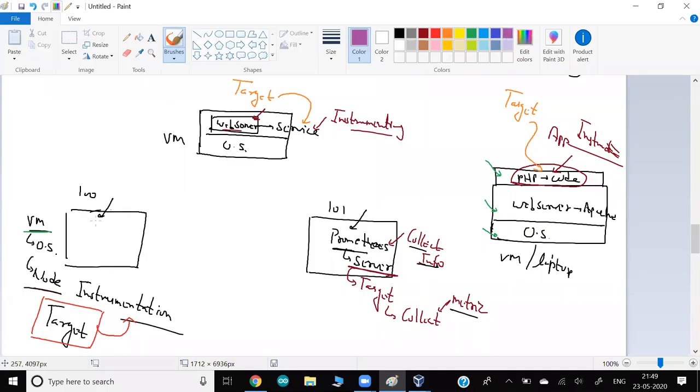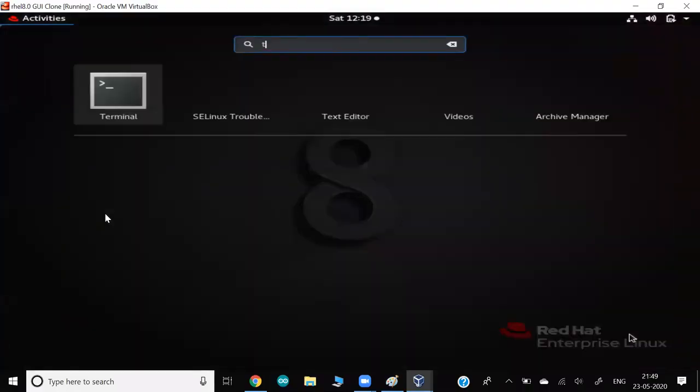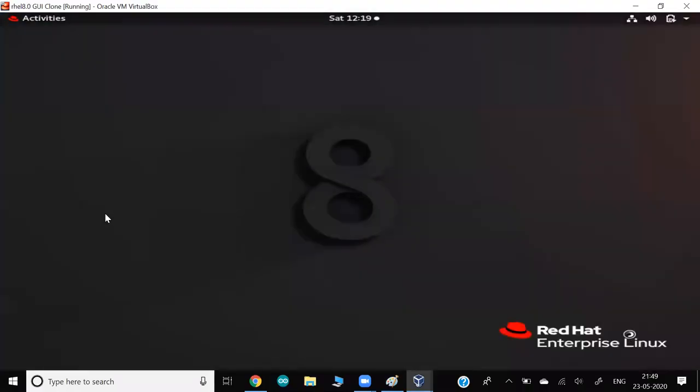One is, in this VM we run a program, because guys, whatever you do in the operating system, you have to run a program. So if this is my VM and I want somebody in this VM to collect my RAM information. For example, you guys might know one command here.